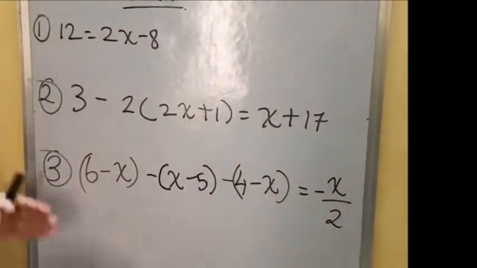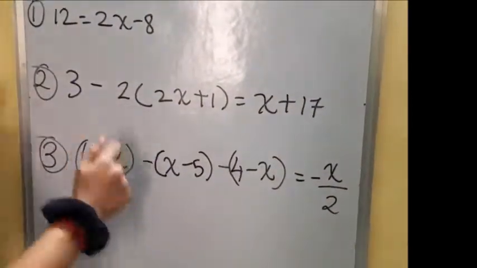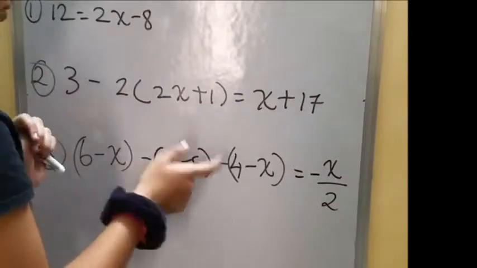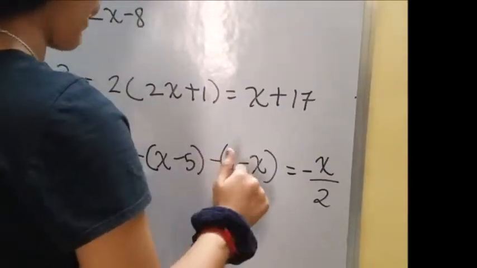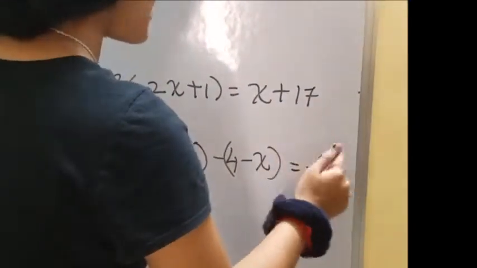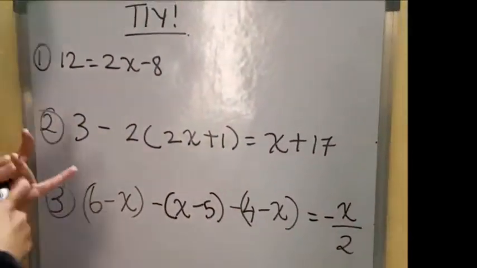The third question is 6 minus x in the bracket, minus bracket x minus 5, minus bracket 4 minus x, equals negative x by 2. Just a little tip before you start,